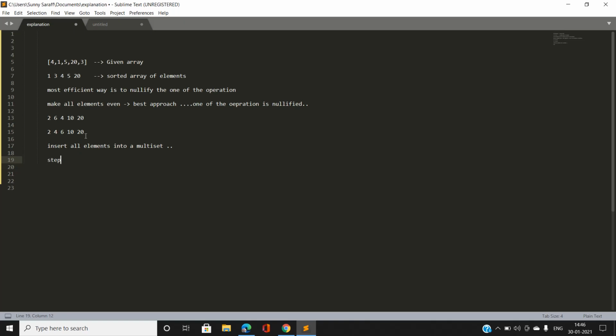1 is pop out the maximum element and divide it by 2, and then insert it again in the multi-set. So basically each time we are going to pop out the maximum element and divide it by 2, because we have only one operation of suitable choice. So we are going to divide it by 2 and again insert that element into a